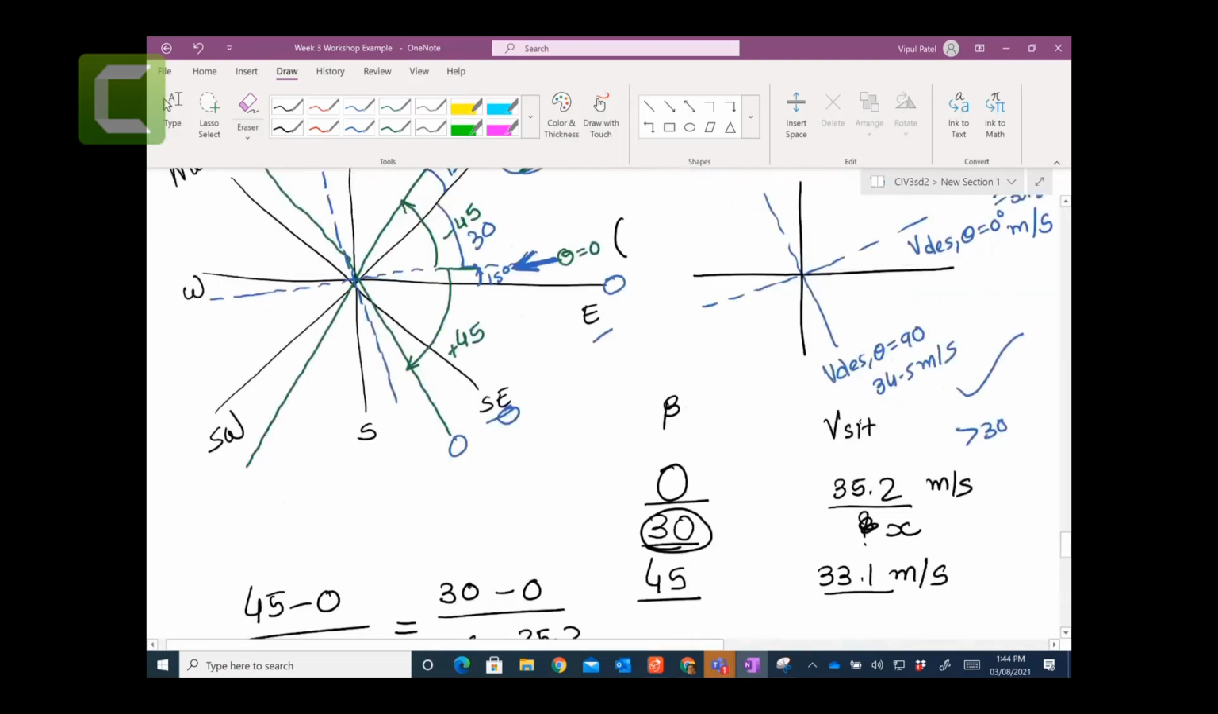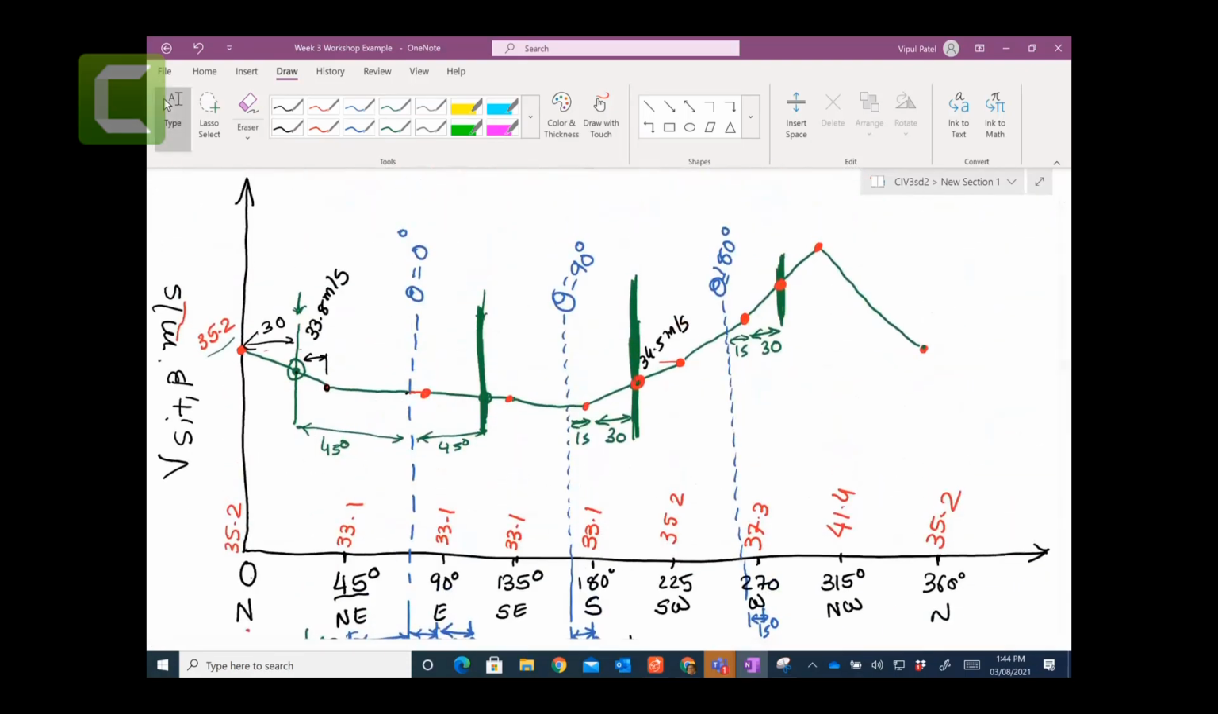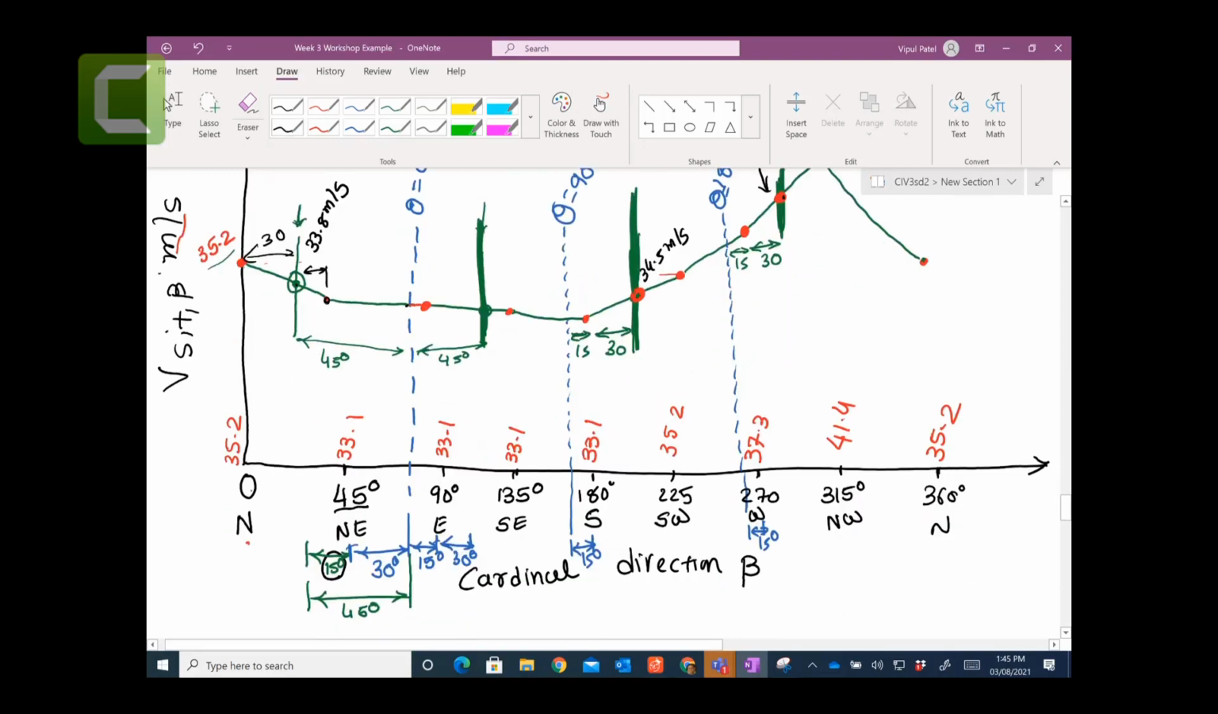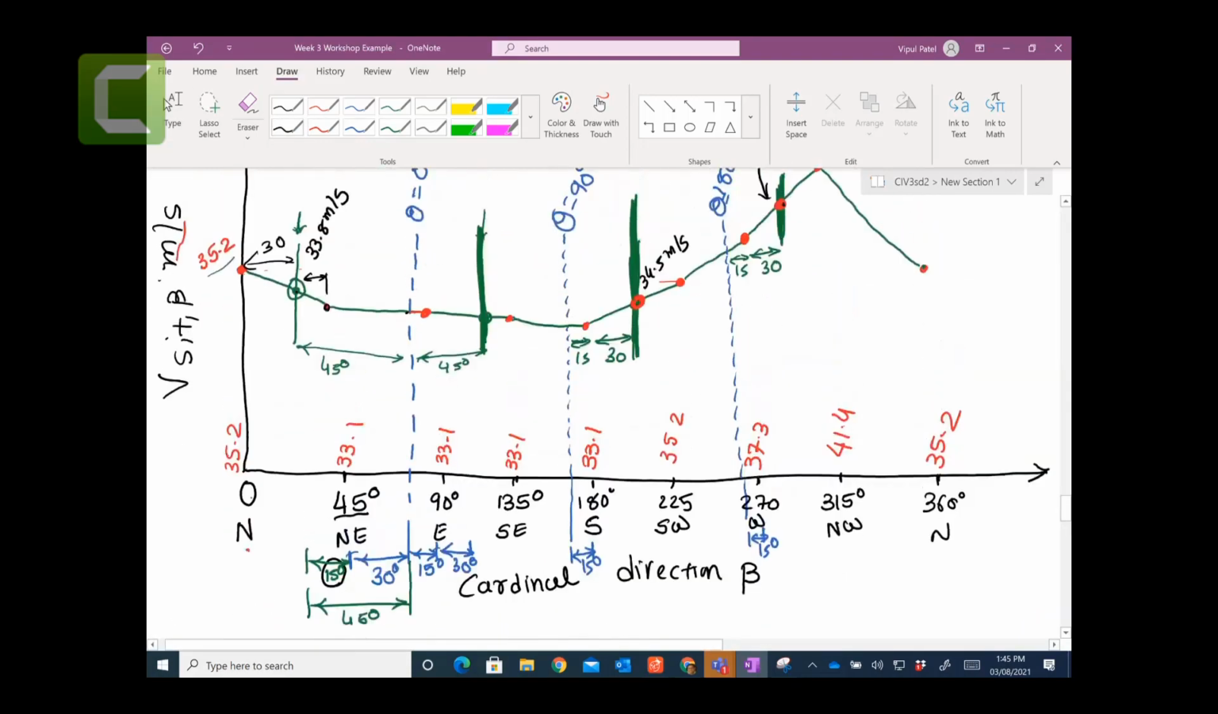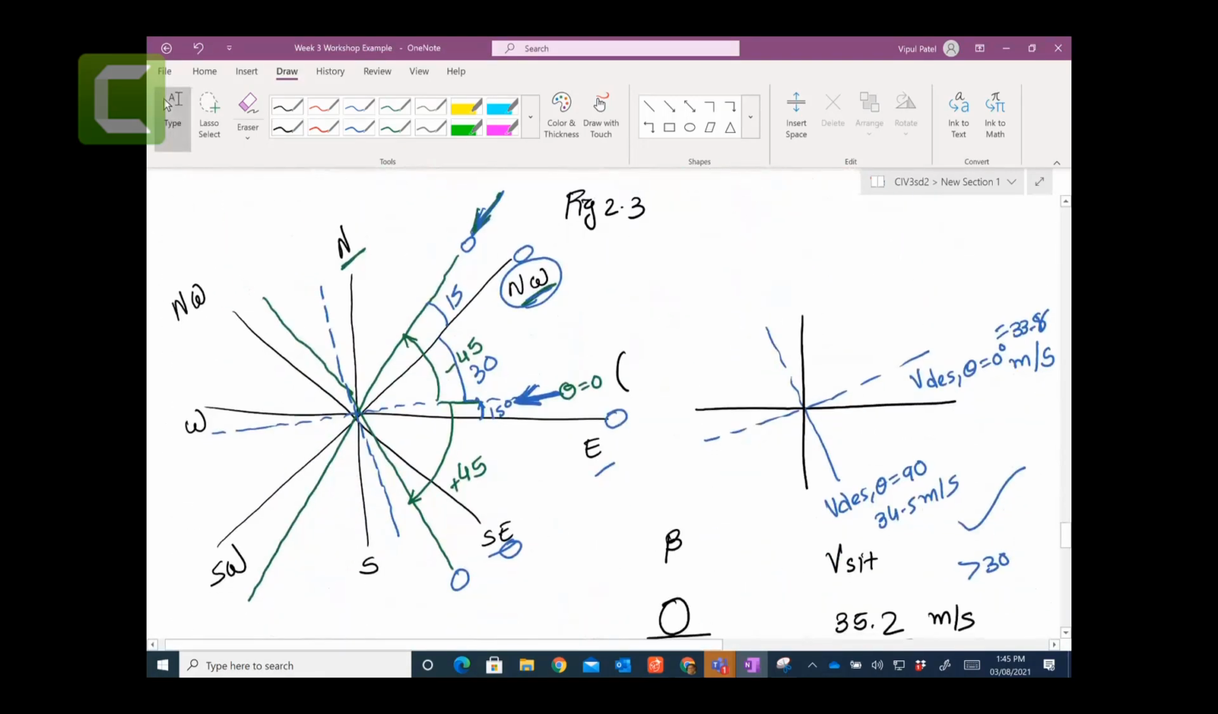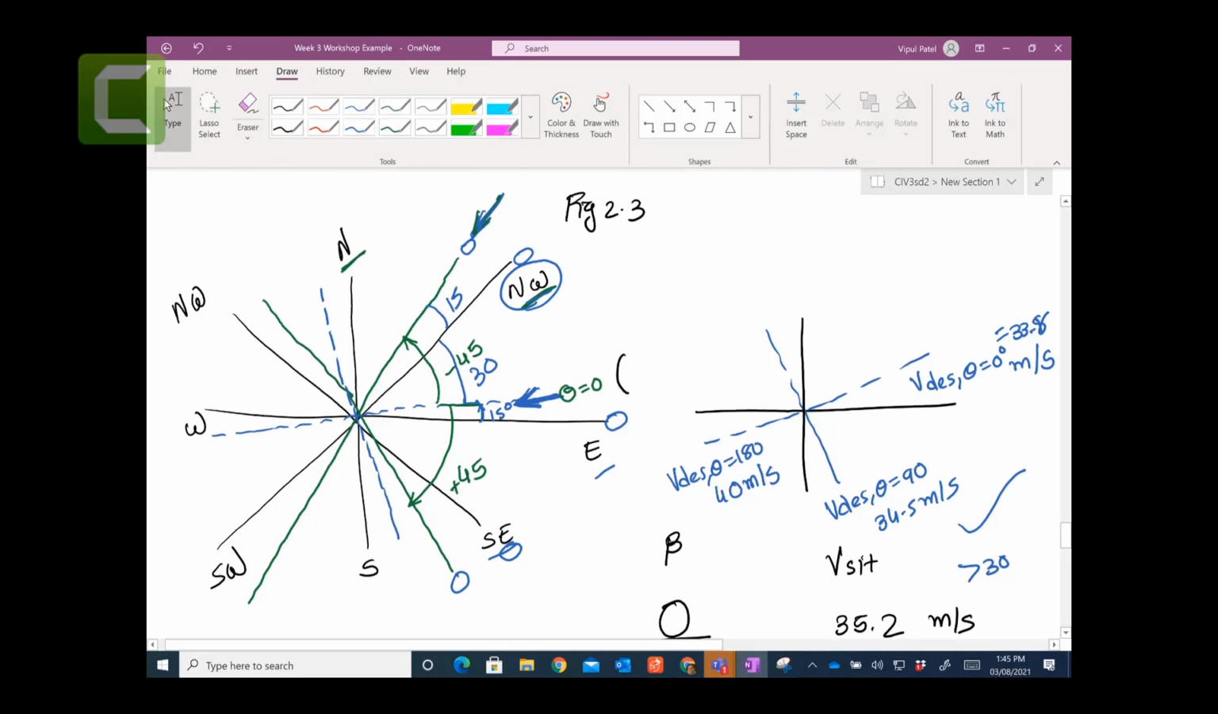So in here we have 40 meter per second. Now that 40 meter per second that we have, we take it as design theta equal to 180, 40 meter per second, which is greater than 30 meter per second. So it is good. Now the last one, that theta equal to